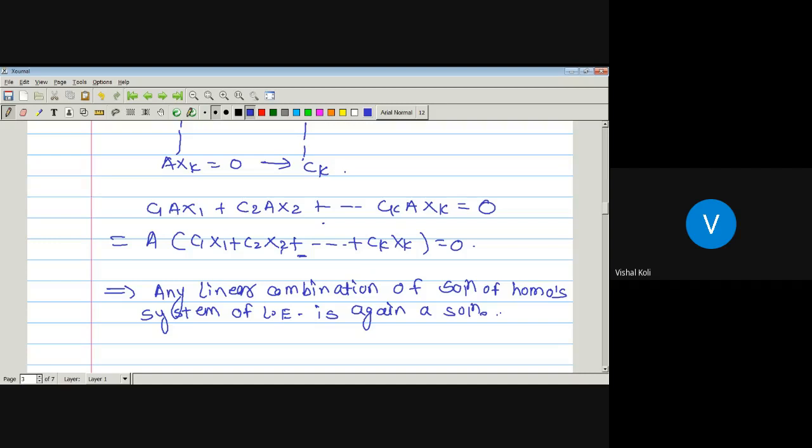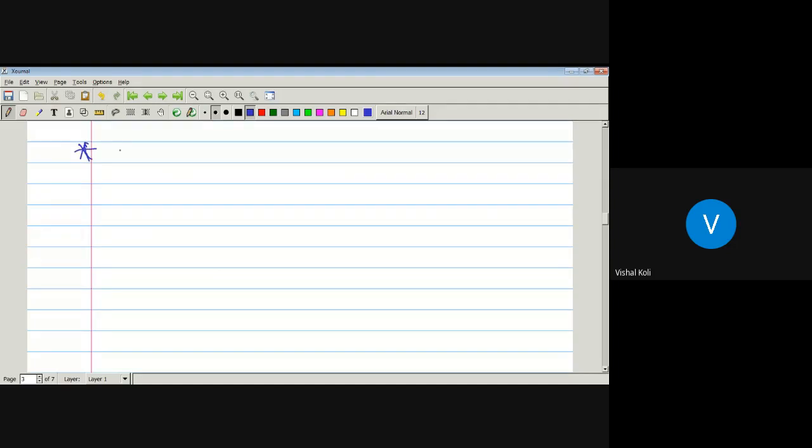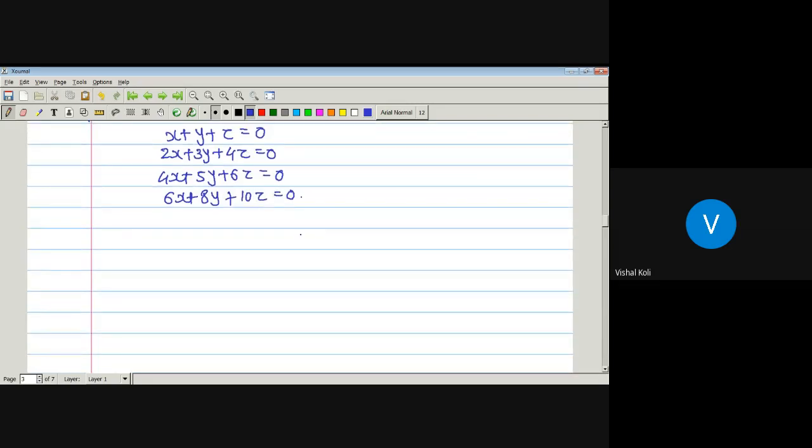Okay, now suppose we have one system of linear equation. Let us consider one example. Let x plus y plus z equal to 0, 2x plus 3y plus 4z equal to 0, 4x plus 5y plus 6z is equal to 0, and the last one is nothing but 6x plus 8y plus 10z is equal to 0. Okay, so this will be a homogeneous system of linear equation. Now first we will write it in matrix form. Its matrix form is